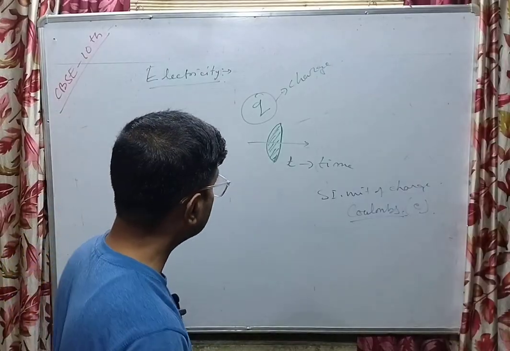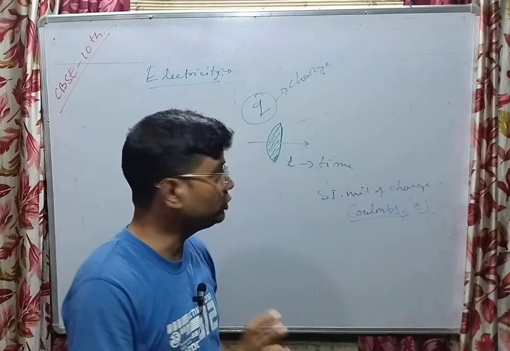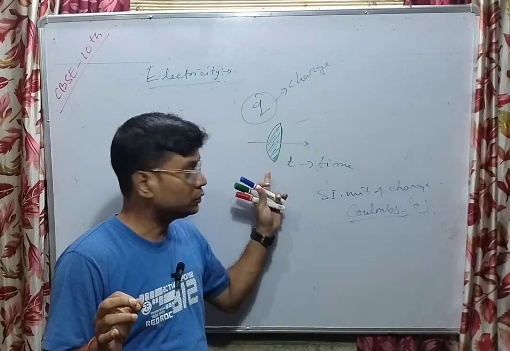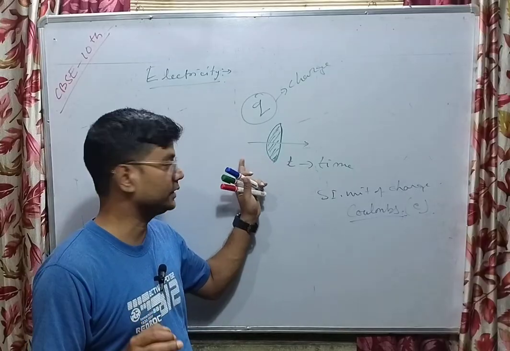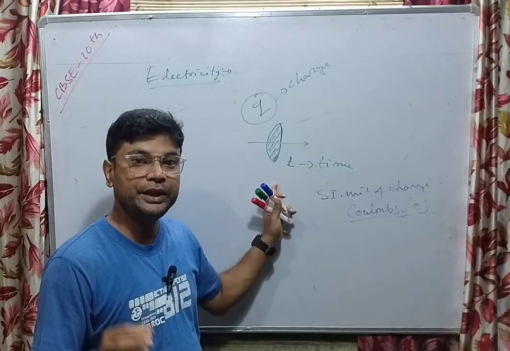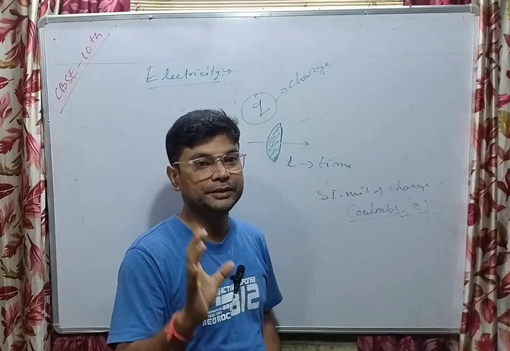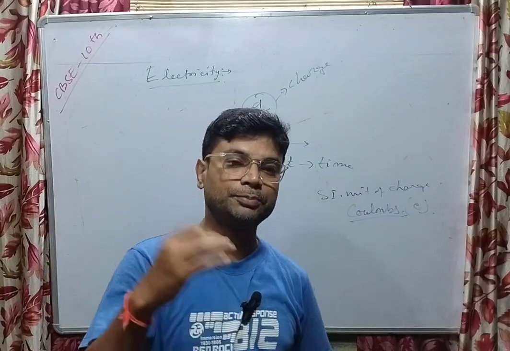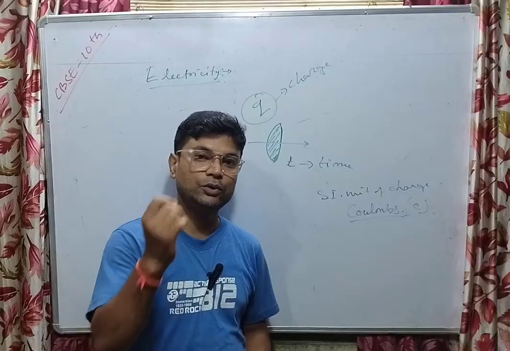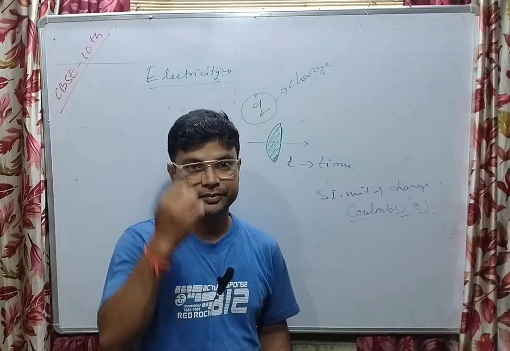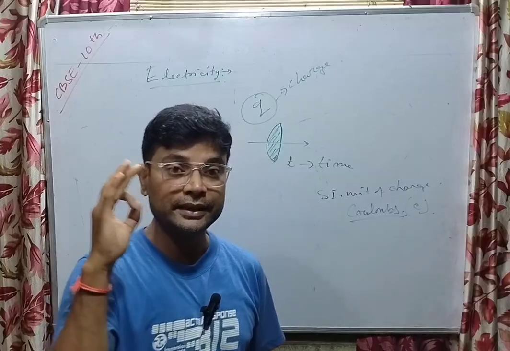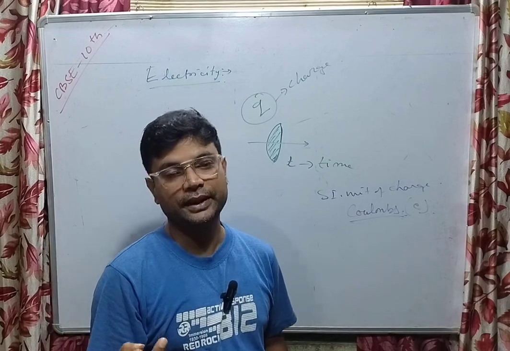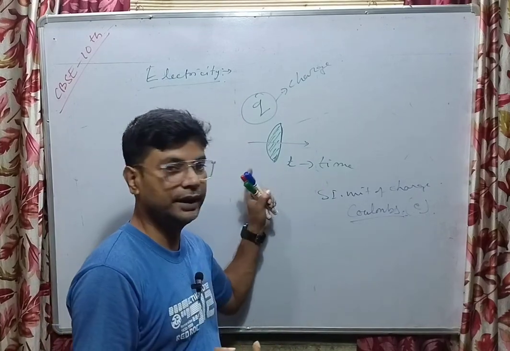What is electricity? Simply understand, students, it is the amount of electric charge. Listen carefully. The amount of electric charge passed through a certain cross-sectional area in unit time. It means the amount of charge which passes through a conductor in one second. That amount of electric charge indicates the electric current passed through that cross-sectional area.